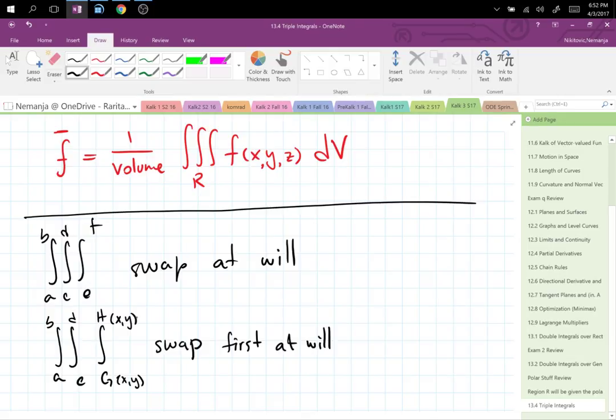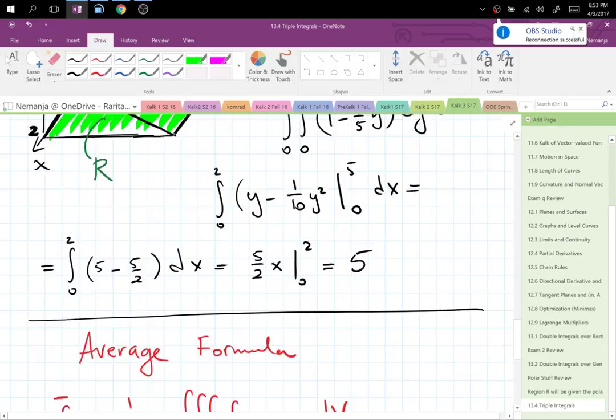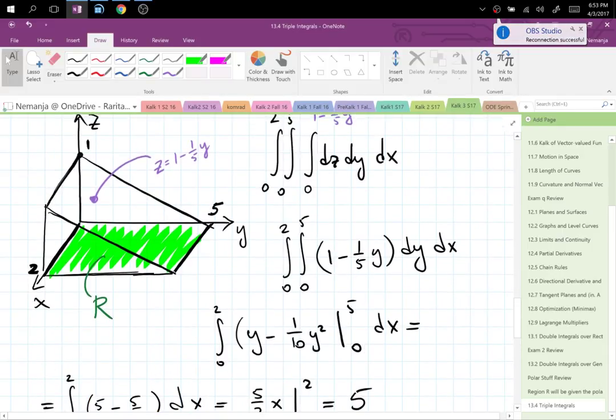I would actually first invite you to try and change the order of integration for the wedge, because that would be an easy problem to try. For the wedge, you can make the back wall